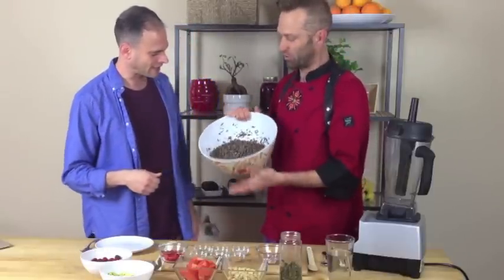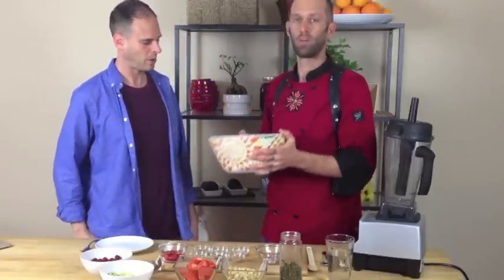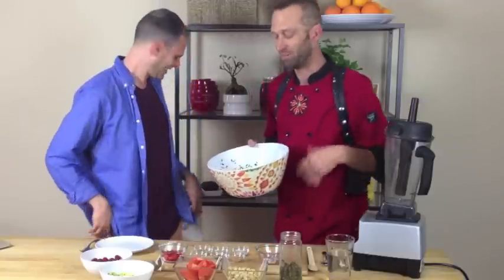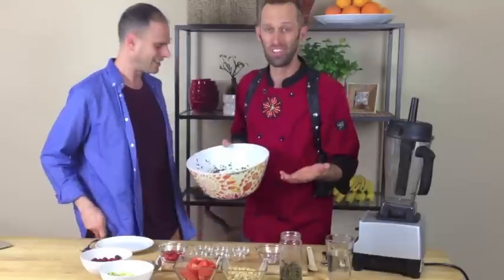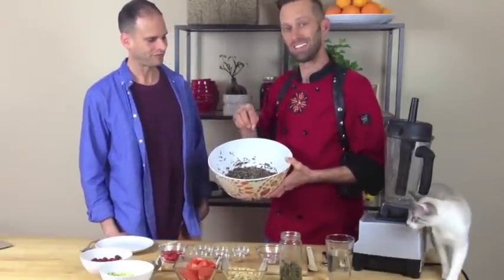So, basically, the wild rice, this is sprouted wild rice. Gosh, I shouldn't even say sprouted. That's what we all say in the raw food world. The fact is it's soaked and it's bloomed. What I did is I put the rice into...